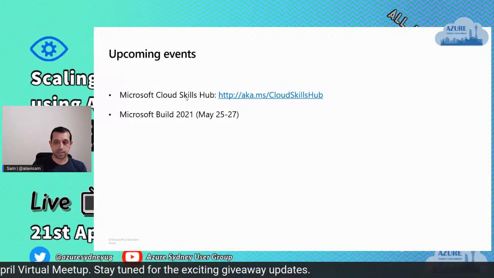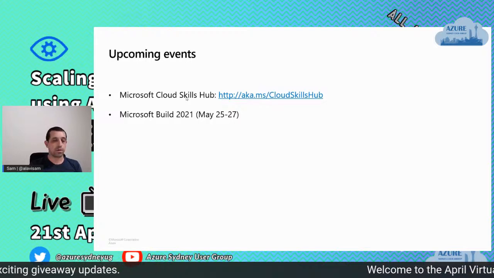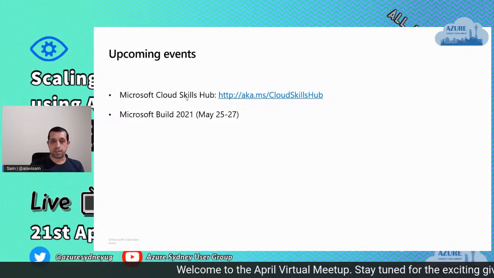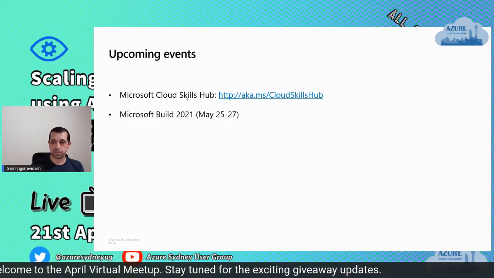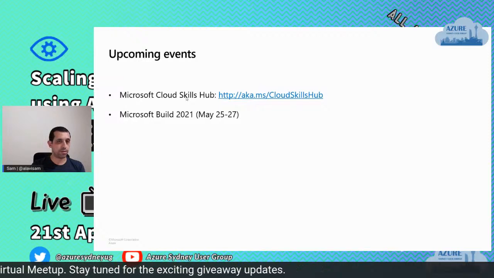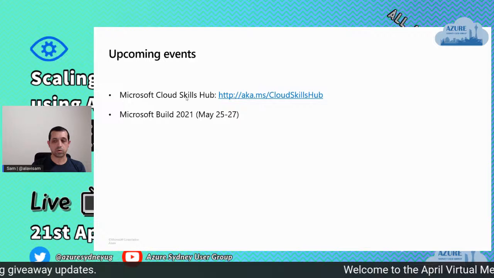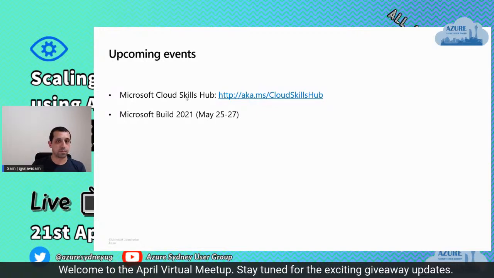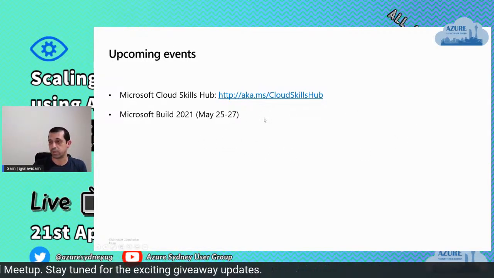The second one is another major event by Microsoft again. If you are a developer, you should be familiar with the MS Build event. This year it's also happening virtually. It's fully online, going for 3 full days, and the sessions and agenda are already published. You can go and check on MS Build, and there are heaps of cool announcements going to happen within Microsoft MS Build this year for 2021.